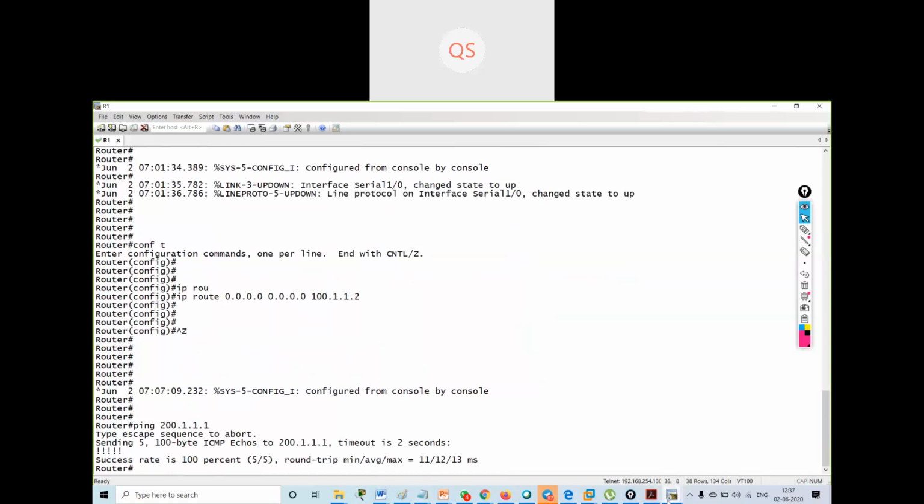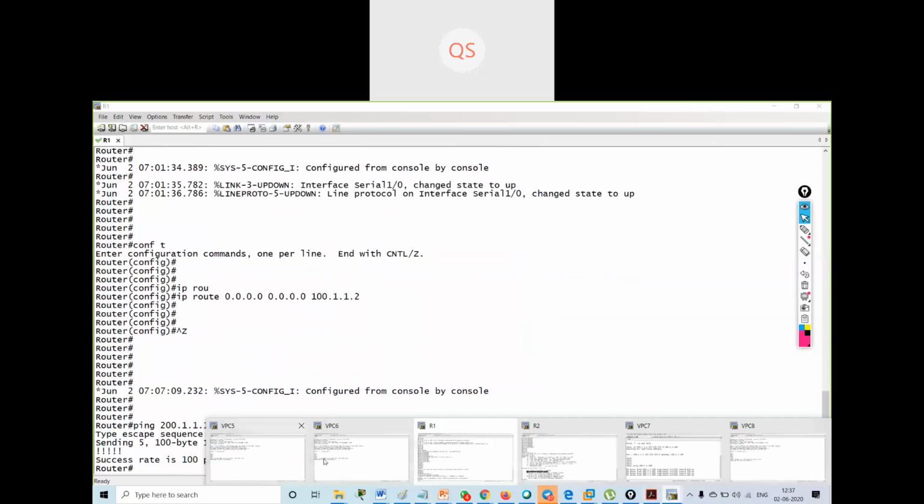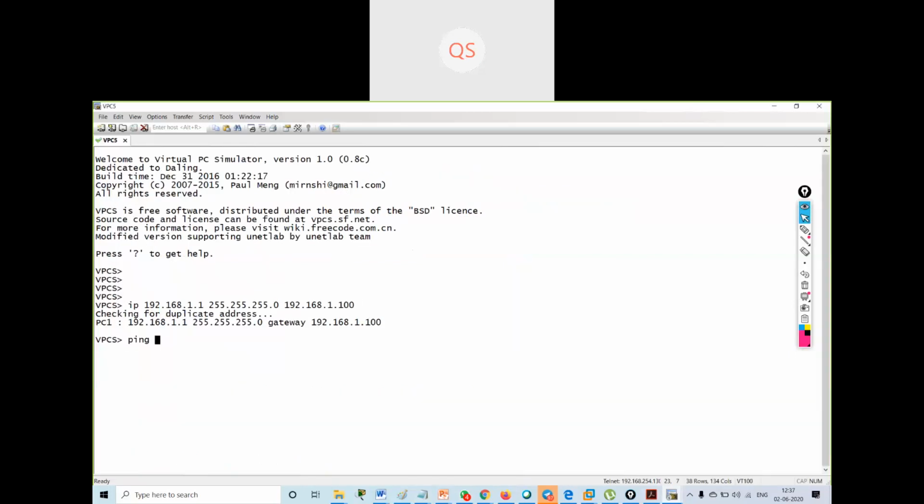But if I try to ping 200.1.1.1 from here, see, I'm not getting the reply. Why? Because I am pinging from a private IP address and going to a public IP address. So I cannot reach a public IP address without having a NAT process.